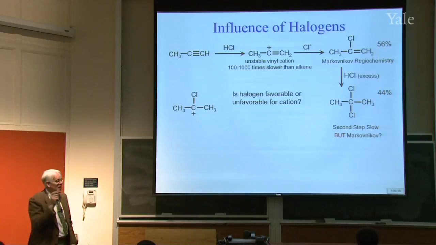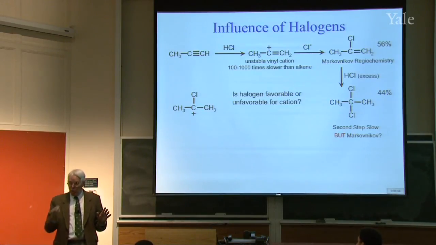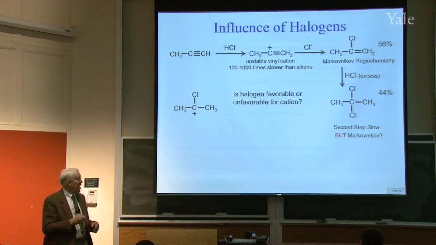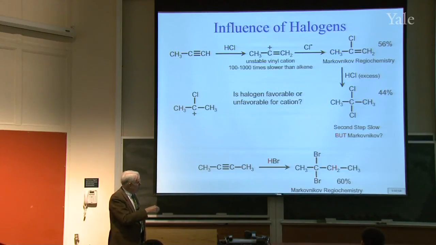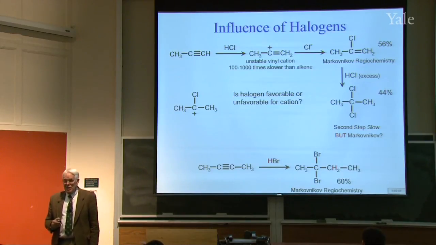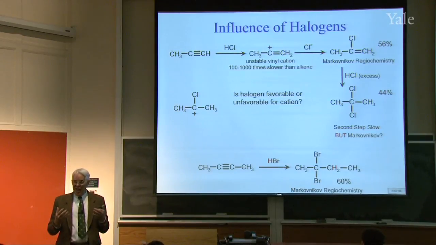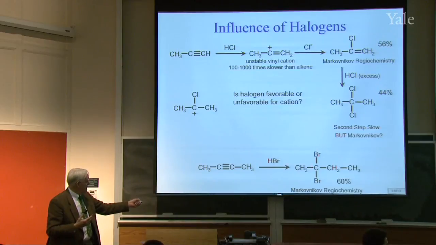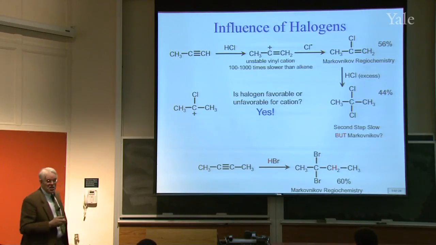Right? Now, you might say, aha, the choice here is between a secondary cation, whatever the chlorine is, and a primary, and primaries are bad to get. You don't want to protonate the center one because it'd be a primary cation. But notice here with HBr, when it's symmetrical, right? Still, the two bromines go to the same place. So it looks like the chlorine is welcoming the formation of a cation, or at least the bromine in this case is welcoming formation of that cation rather than that cation and adding the second proton, right? So the answer is yes,